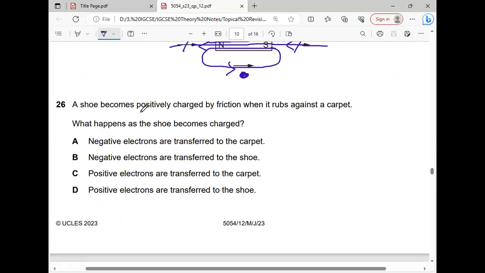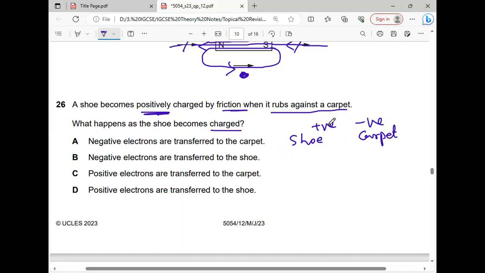A shoe becomes positively charged by friction when it rubs against a carpet. What happens as the shoe becomes charged? The shoe is positively charged when it is rubbed with the carpet. Obviously, the carpet will be negatively charged. One will be positively charged and the other negatively charged, and it always